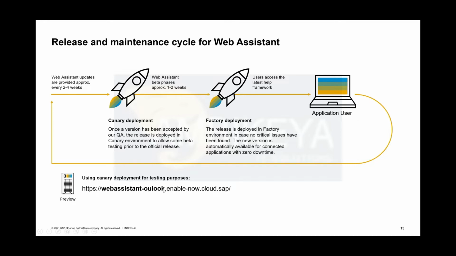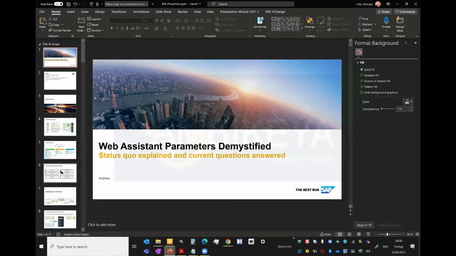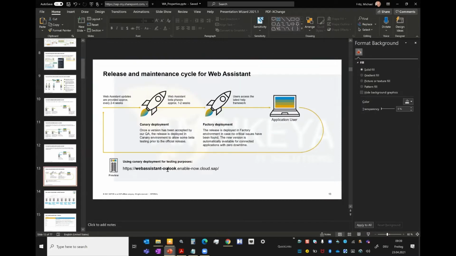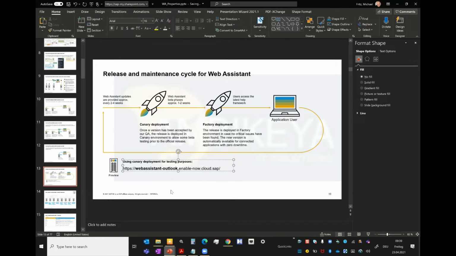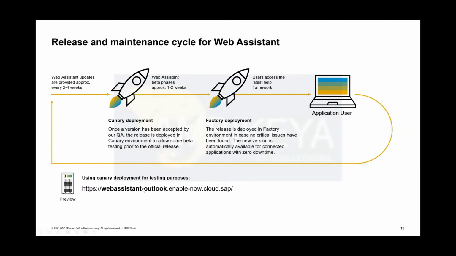Preview was used already, so they had to find another word. So it's Outlook, not preview, because preview is the actual suffix of the preview releases for the Enable Now tenants as such. So you just have to know the little trick. It's Outlook, and I have a spelling typo here. I'm going to change that immediately. So switching from factory to canary is adding -outlook to the web assistant address,